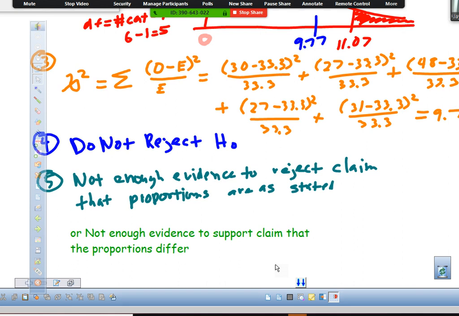Totally not necessary for me. You will need it for the homework. So you've got to pay attention to that for the homework. The homework's going to make you read through and see that problem and say, oh, they're claiming that the proportions are not the same, that they differ. And so you have to realize that that's